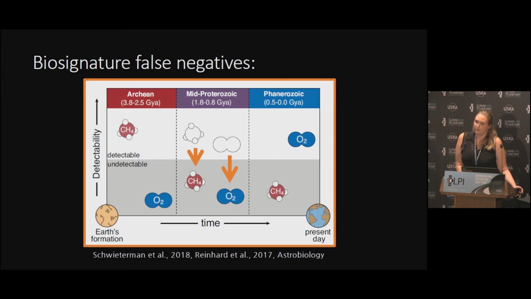Whereas today, you could confidently detect life on an Earth-like exoplanet using oxygen and its photochemical product ozone. It's not obvious that you could do so at any other point in Earth's history. In the Archean, you might be able to leverage methane as a biosignature, provided that you could find some way to convince yourself that you were looking at biogenic methane instead of geologic methane, which is, of course, a challenge. But the coexistence of methane and CO2 might provide one way to do so.